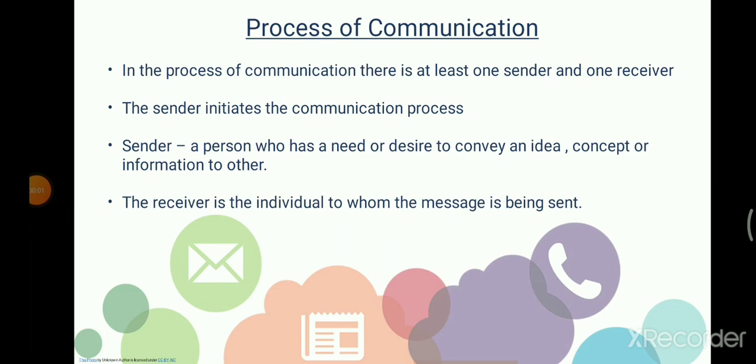So the flowchart explained the whole process of communication, and the next few slides are just going to be the written explanation of what is happening in the process. We can just go through it quickly. So it is just going to be like a recap.